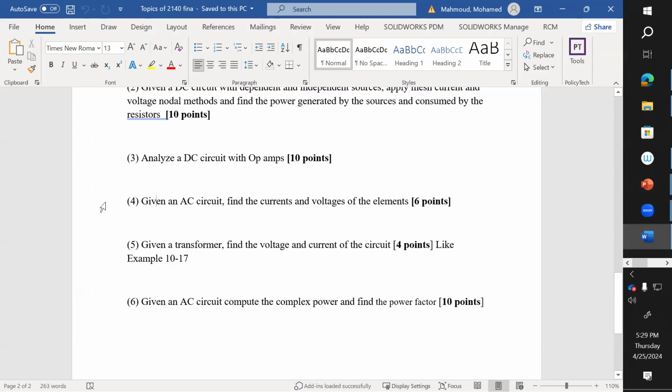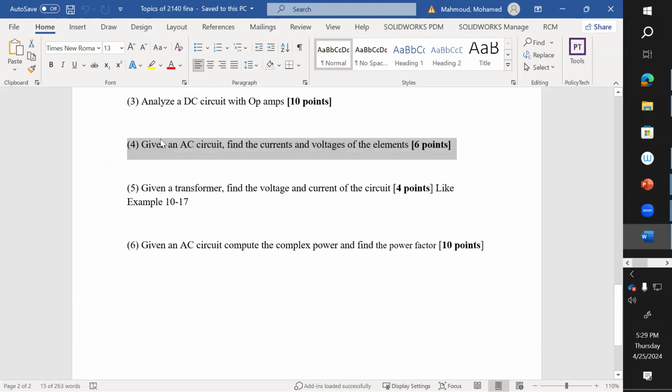The next thing here will be similar to test number 3. I will give you an AC circuit, and then I will ask you to find the current and voltage of the elements you have. Again, similar to what we did in the last chapter, number 1, you have to convert the circuit from the time domain to the complex domain. Number 2, after that,